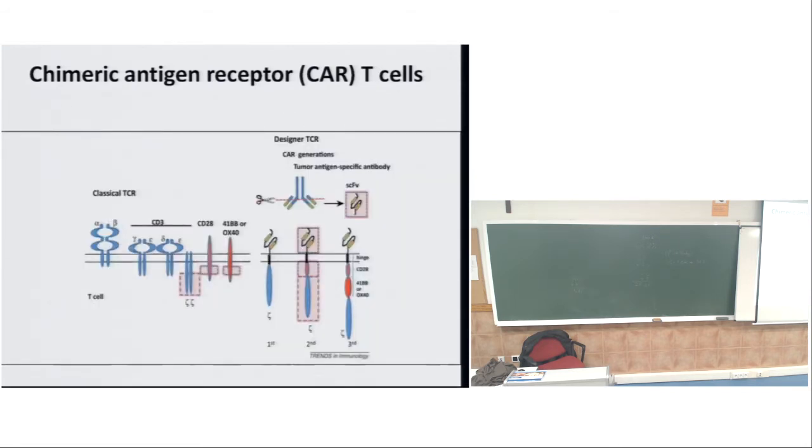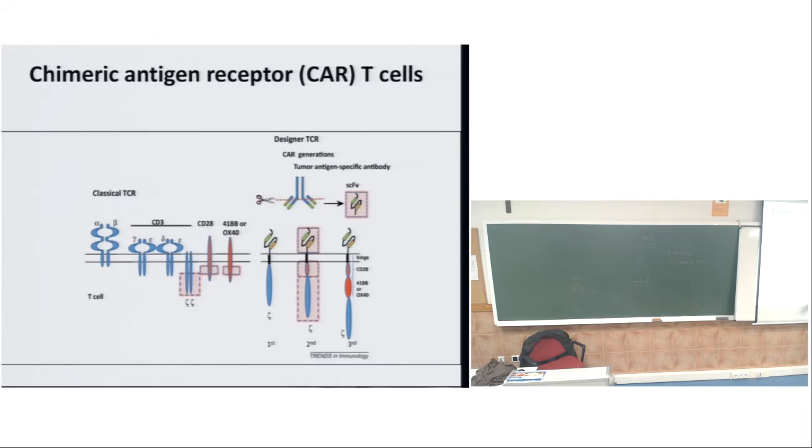In a natural way, the T cell will require the T cell receptor and some co-stimulatory molecules like this one. With this CAR technology, this engineering technology, we just take the variable part of the antibody and fuse it with this component. Here you can see one after the other, back to back. And this molecule is very effective for killing cancer cells because it uses the recognition of the antibody, but the rest will be cellular immune toxicity.